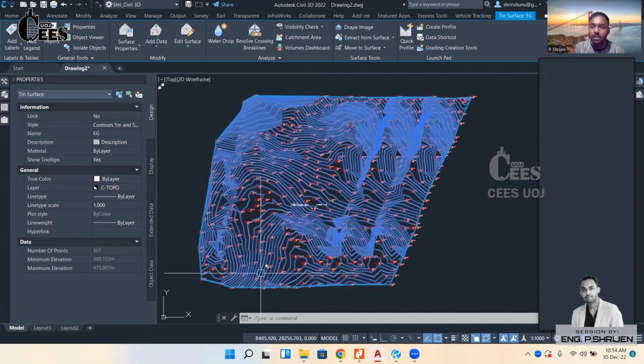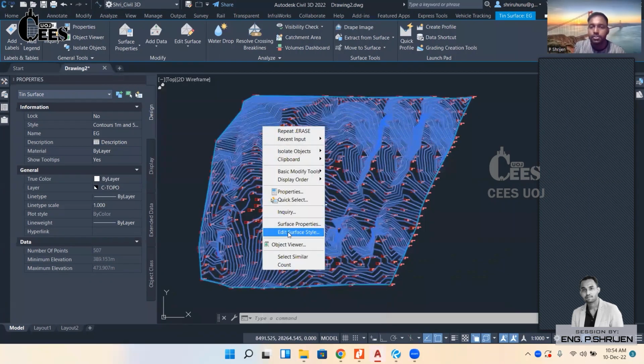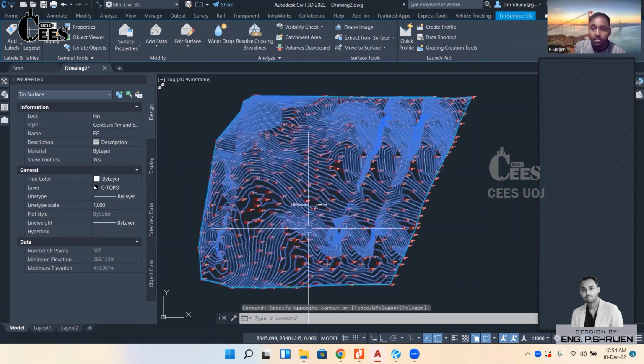Each line has some elevations. So now I'm going to change this style to triangular style. Again, I already told you about it: if you select a Civil 3D object, you can find related tools for surface. In the previous session, we got the related tools for points. In this session, we can get our surface, the name of this surface, and the related